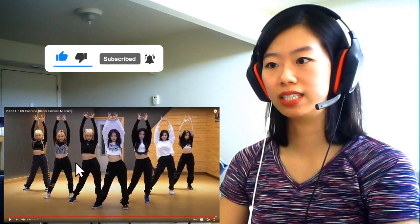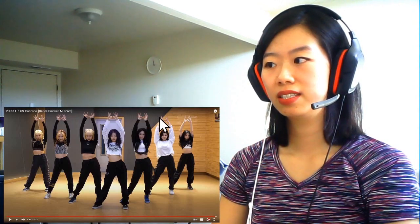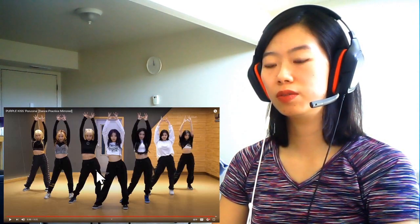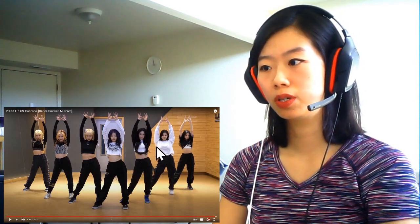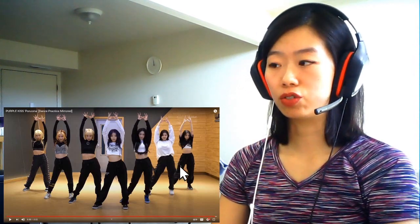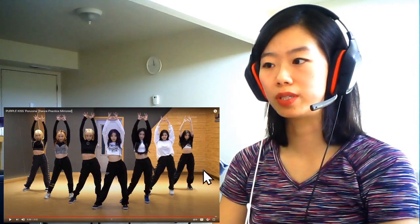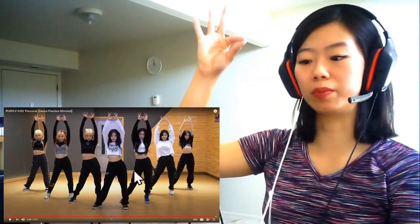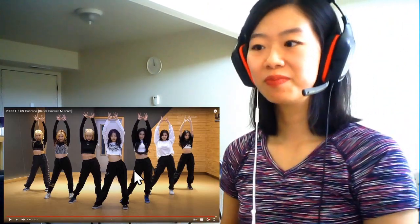And that's how they end it. This is one of the few dances that I've seen that ends with their arms up. It's just kind of a hard move or pose to maintain, especially after dancing all that wild. And then you just gotta hold your arm up there, and then from there, end it. But wow,